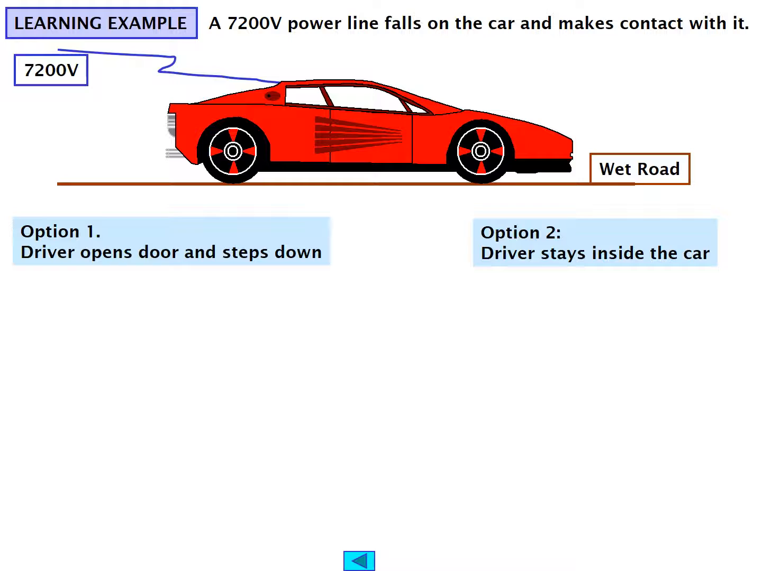A 7,200 volt power line falls on a car and makes contact with it. We have a wet road, we have a car. Nice looking car too. Option 1, driver opens the door and steps down. Option 2, driver stays inside the car. So the question is, which one is better? Car body is a good conductor. As a result,